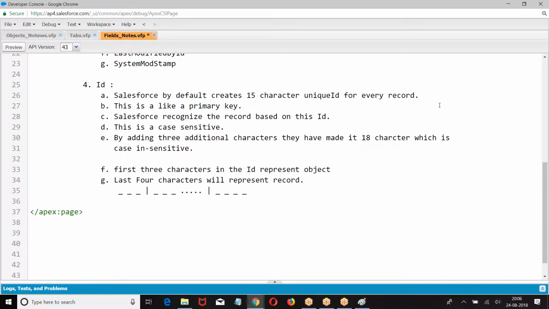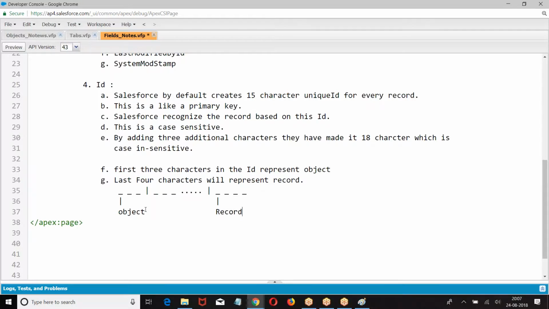First 3 will represent the object, last 4 will represent the record. I hope you are good.